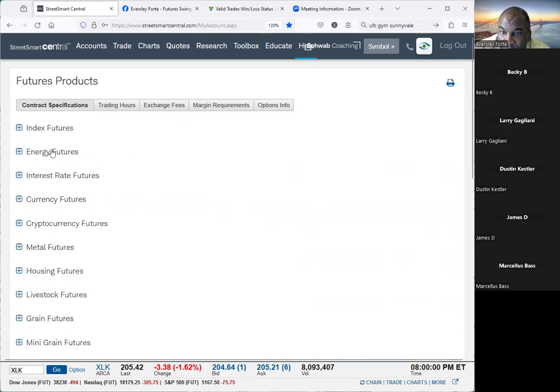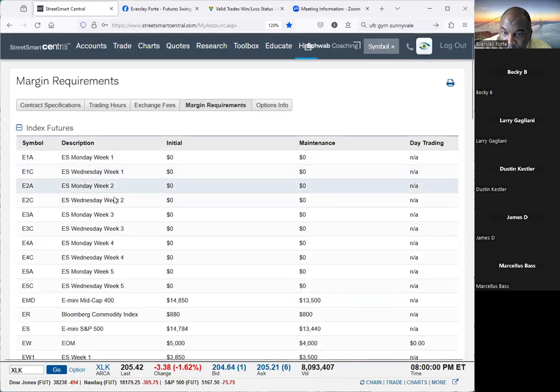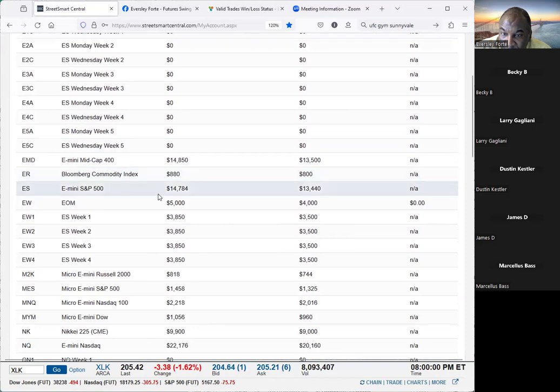So these are the futures which we trade. So we trade the index futures. Here are the margin requirements for some of these futures. Let's say we were trading the NASDAQ, we'd have to put up $14,700 to trade one contract. That's not how much you lose. That's not how much you make. That's just how much money you have to have in your account just to open one contract and to trade